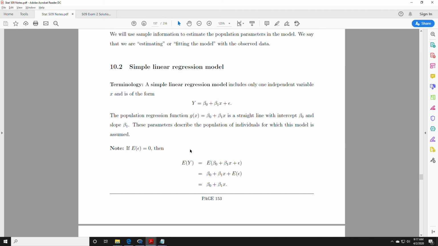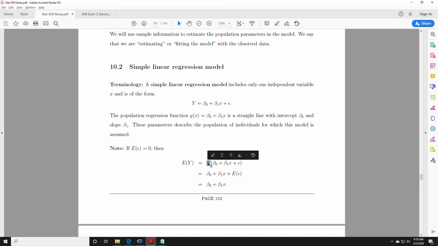So first off, one of the things that right now we're just kind of saying "if", but it's going to be one of the assumptions, is that if the expected value of the error term is 0, then the expected value of y just simplifies to this. And if you recall a long time ago, one of the things that we said was